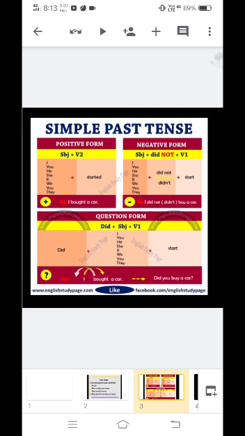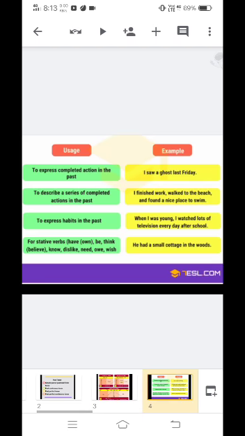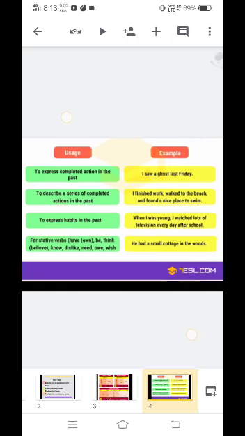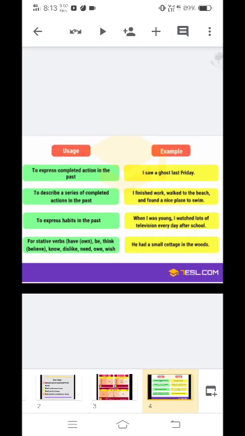In its question form, in its interrogative, this is formed with did plus subject plus verb first form. Before the subject we add did: did plus I, you, he, she, it, we, they plus start, verb first form. Like when we convert a simple sentence into its interrogative: I bought a car, did you buy a car, verb first form. Okay, like that we use it. So let's see its uses, where we use it, and their examples.